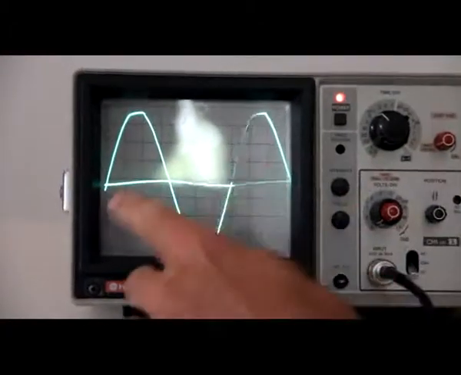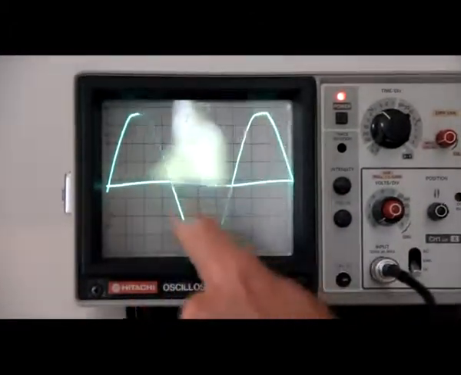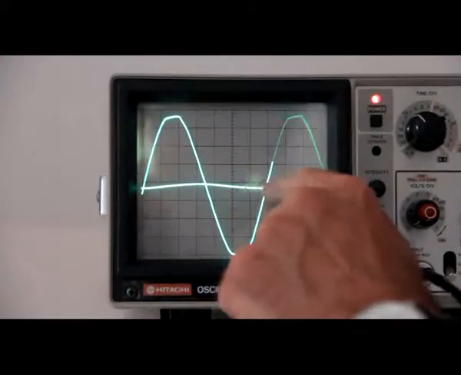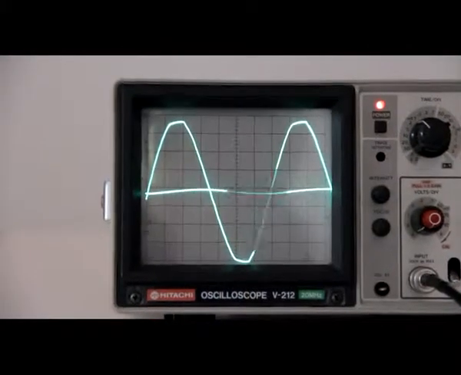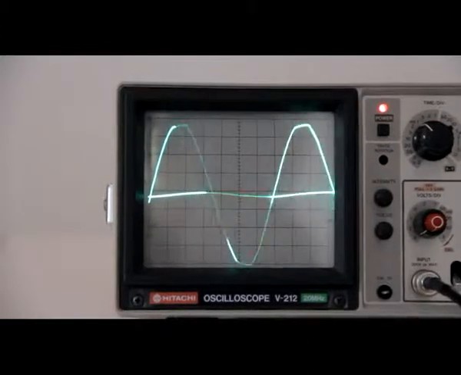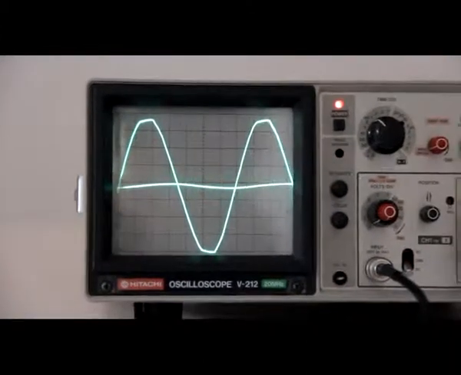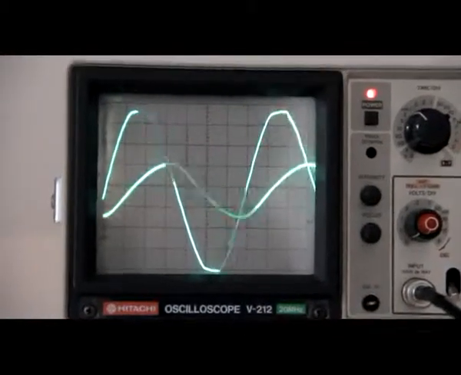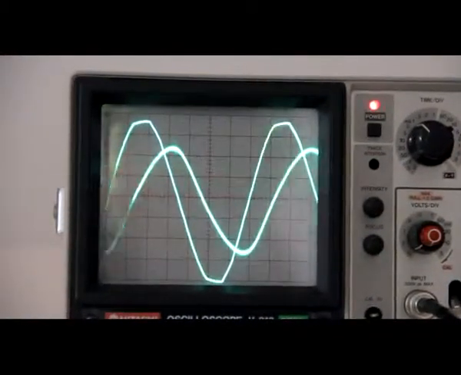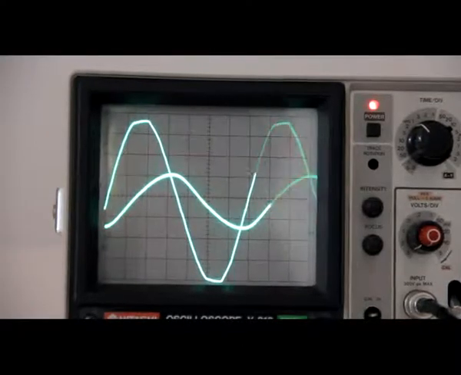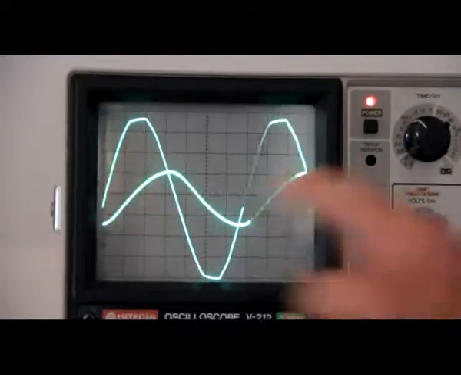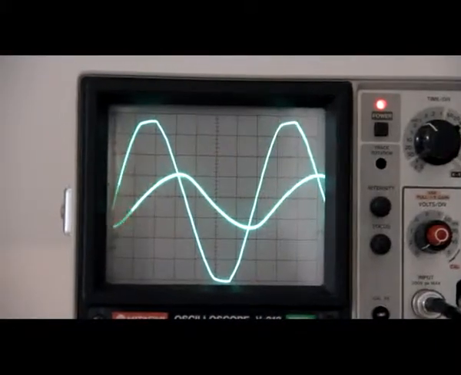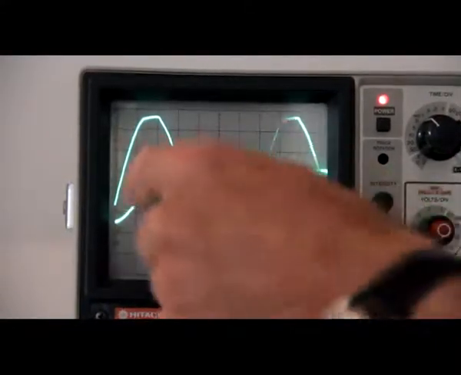Here we've got the voltage in the primary, and now the second trace shows the current in the primary. You might be forgiven for thinking that there isn't any, but the current is rather small and I have to increase the sensitivity to see it. It's only a few milliamps. It's perfectly clear that this waveform of the current in the primary is indeed out of phase with the voltage